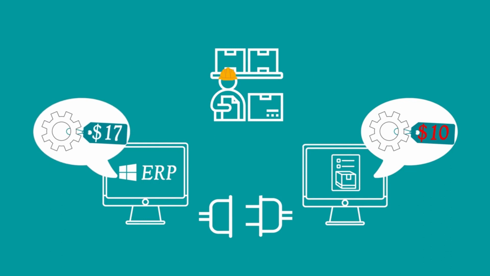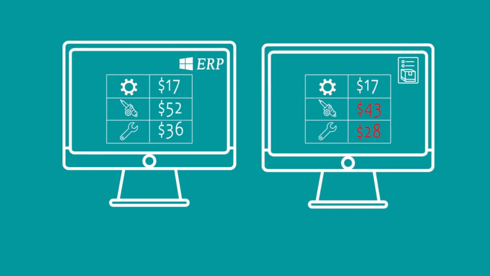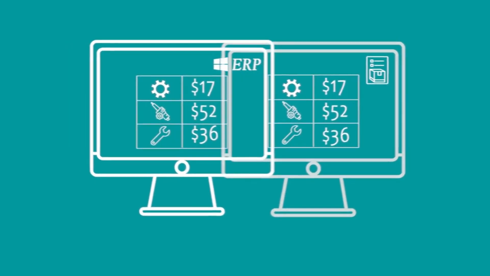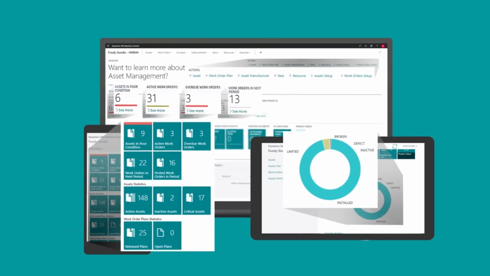So, now what? Some companies do double entry, review the cost, make it right in the standalone system, but that's quite complex and it's going to take a lot of time and cause a lot of issues. With a built-in system like EAM for Business Central, these kinds of problems just disappear because everything is happening in one system. You can find out more on our website,